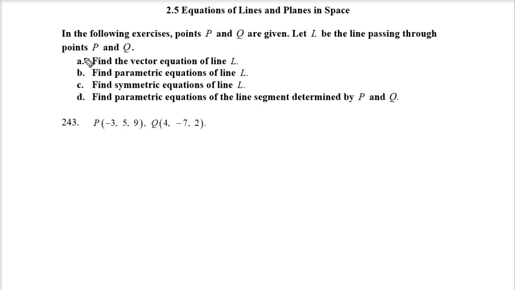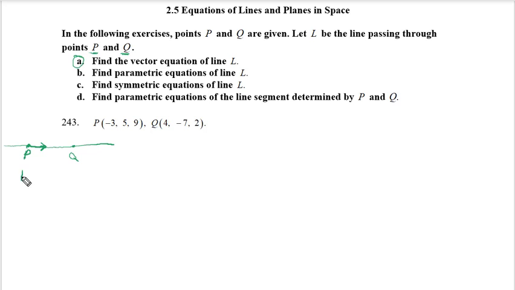So we're looking for the equation of the line that's passing through the points P and Q. So here we have the point P, here we have the point Q, the line that passes through them. Now, nothing is said about whether we want to specify a particular direction for this line, which is built into the vector and parametric equations. So since it doesn't matter what direction, we will just start by going this way from P to Q,